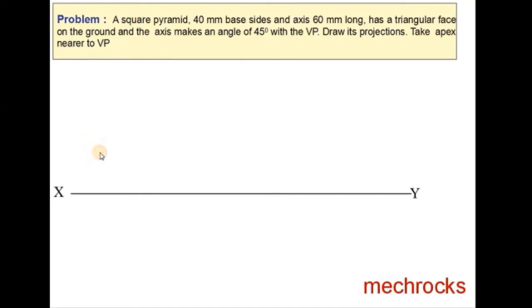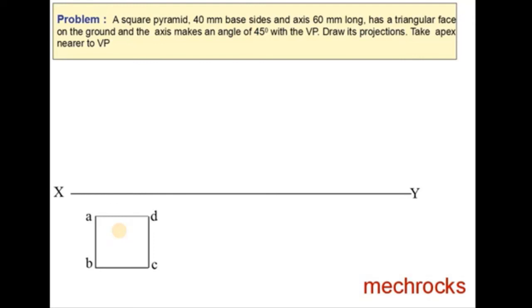First you draw one side of length 4 cm. Then you draw one more side at an angle of 90 degrees. These two sides are perpendicular to each other and of length 4 cm. Similarly, you draw the remaining sides also. Like this, you draw the square of side 4 cm. Then you name it as ABCD.